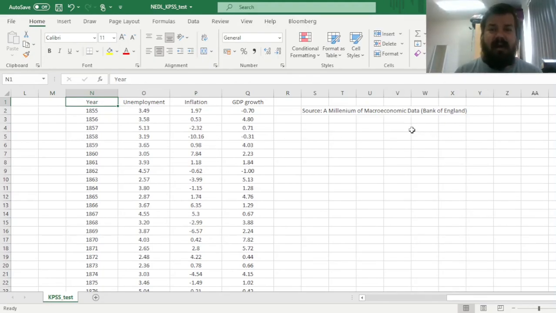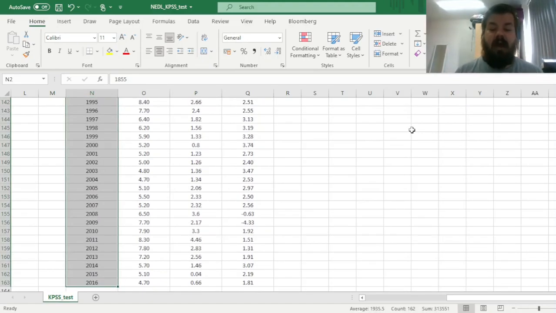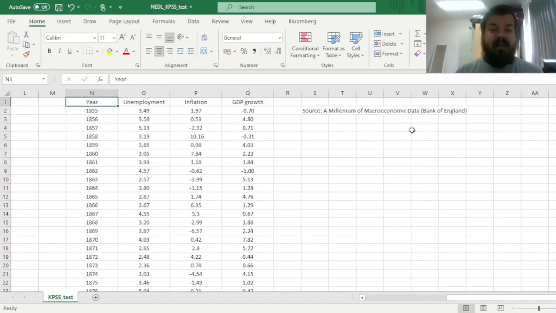And we'll evidence the power, the concept and the maths behind the KPSS test by looking at three key macroeconomic aggregates provided by the Bank of England in their dataset A Millennium of Macroeconomic Data. We have got unemployment, inflation, and GDP growth figures for more than a century, starting in 1855 until 2016, so 162 years' worth of data. So let's apply the KPSS test to all three of those in quick succession